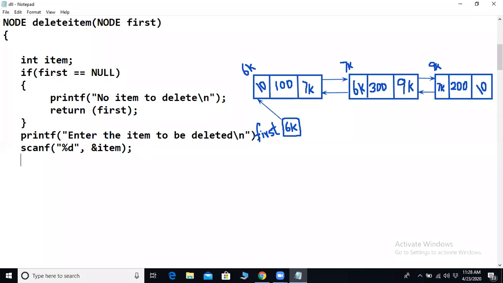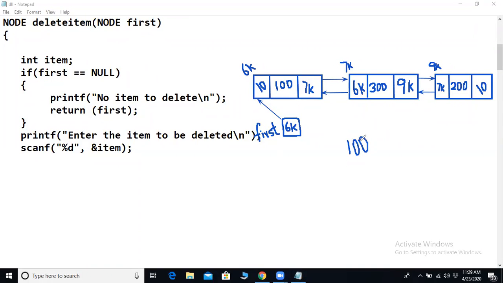Now let's assume a scenario where the given item is found in the very first node itself. You understood that? A scenario where the given item is found in the very first node. Say for example, the user gave the item as 100. Now what happens?